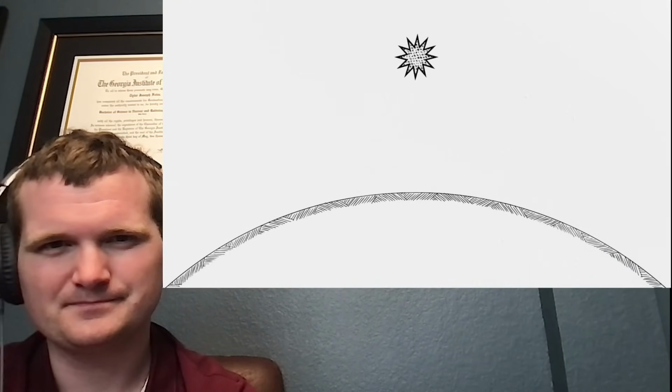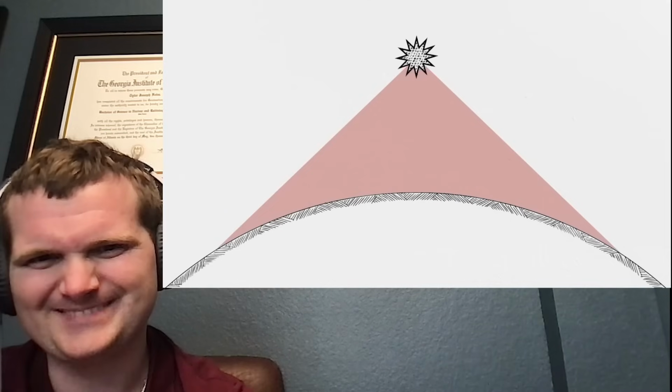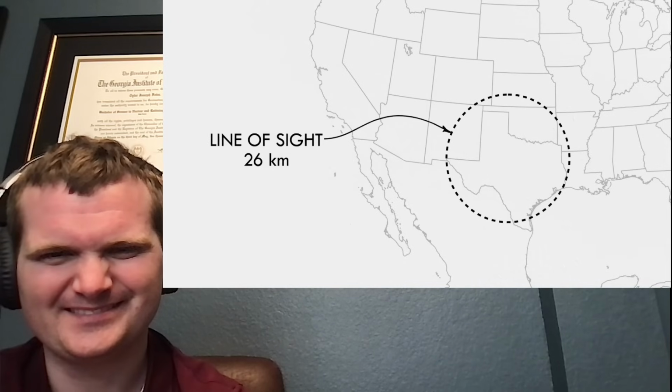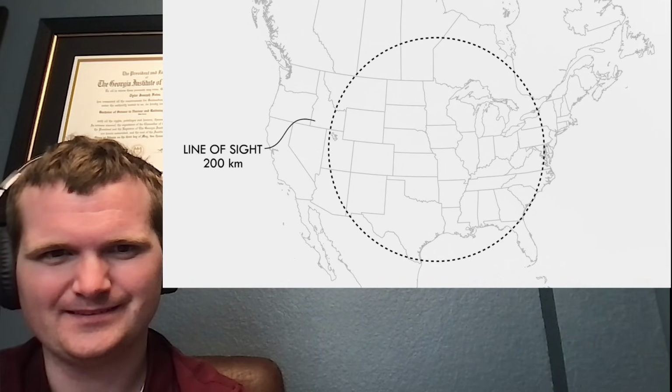The E1 pulse generally reaches anywhere within a line of sight of the detonation, and for a high-altitude burst, this can cover an enormous area of land. At the height of the Yucca test, that's a circle with an area larger than Texas. A weapon at 200 kilometers in altitude could...